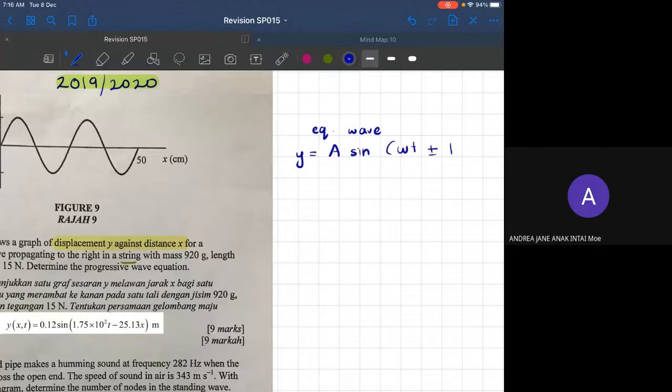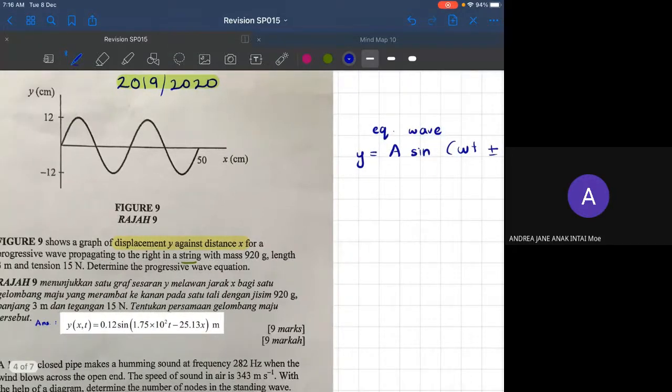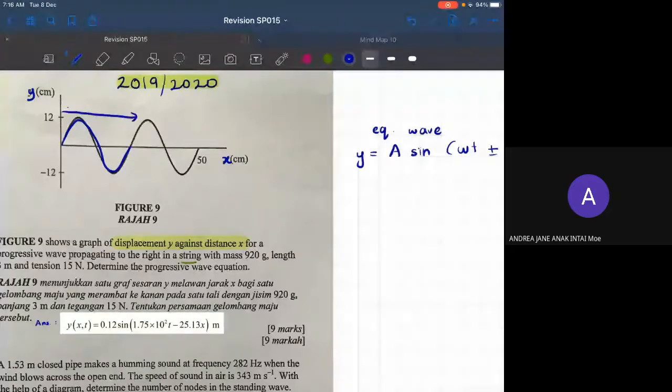Okay. Kalau dikasih kita graf y against x, so information yang kamu boleh dapat adalah panjang wave lah. So this one kita akan boleh dapat lambda kat sini. Okay, kita boleh dapat lambda. Okay, tapi kalau dia kasih kita graph y against